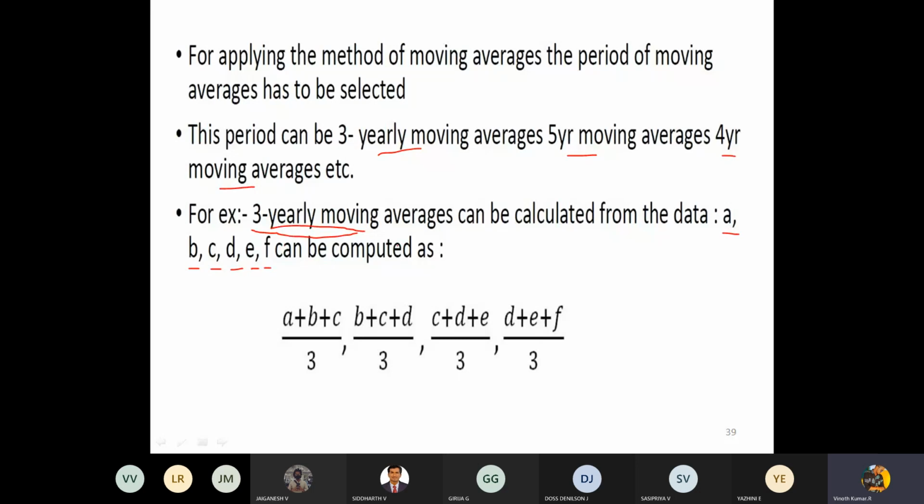With the help of a 3 yearly moving average formula, you're going to find out the forecasting value with the help of a simple moving average method. So how are you going to calculate it? It is a 3 yearly moving average. Now you're going to take